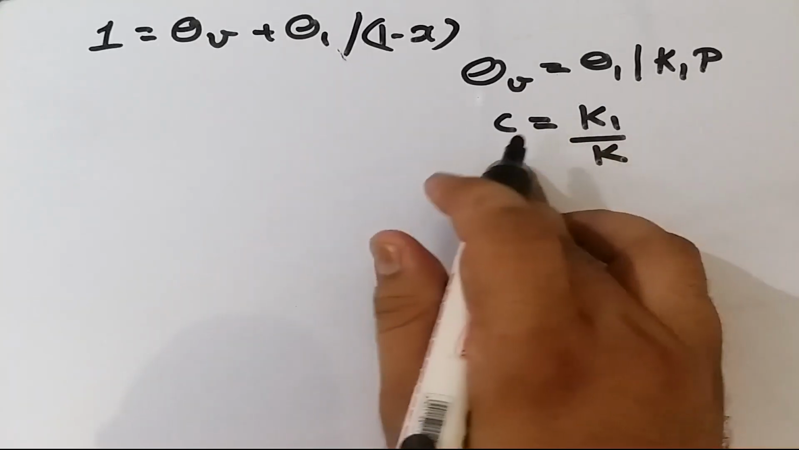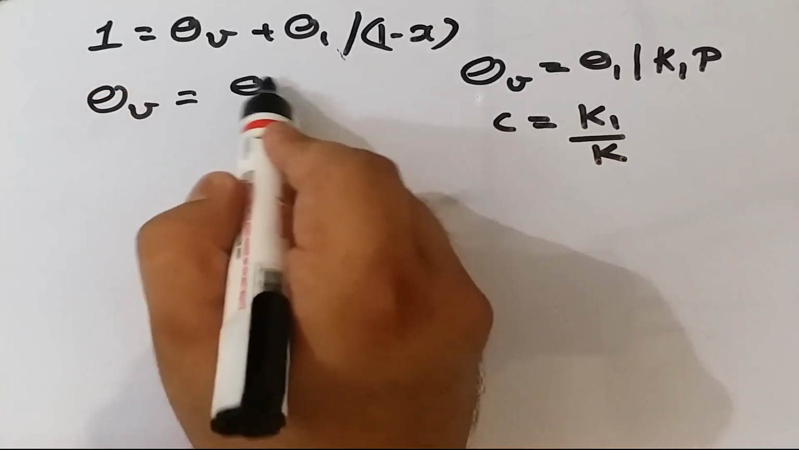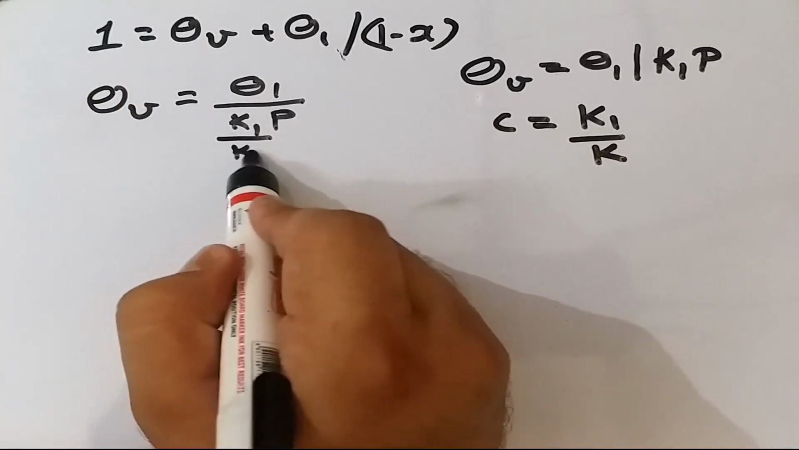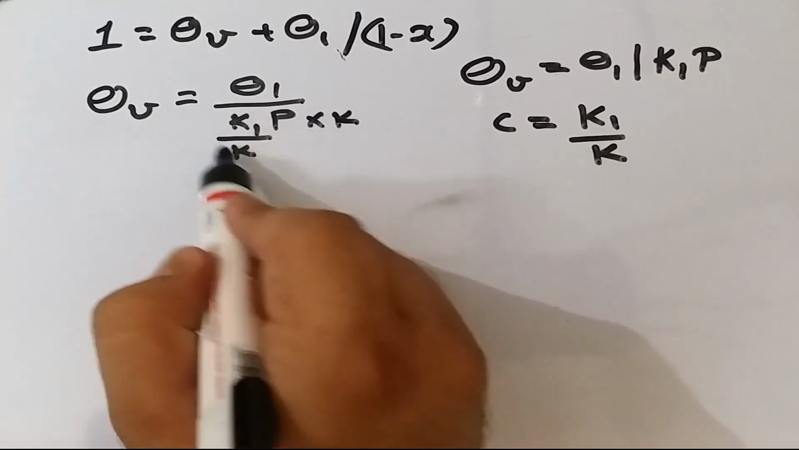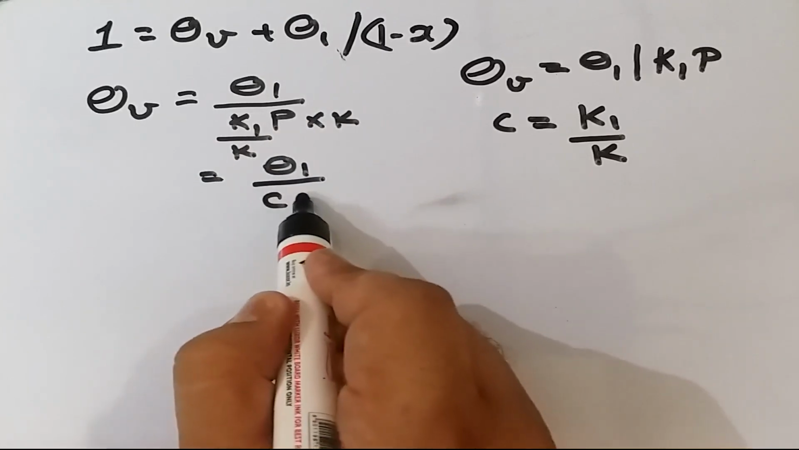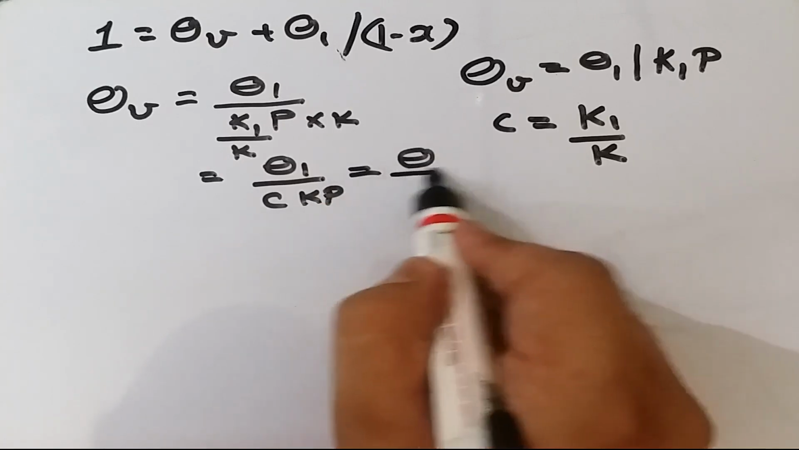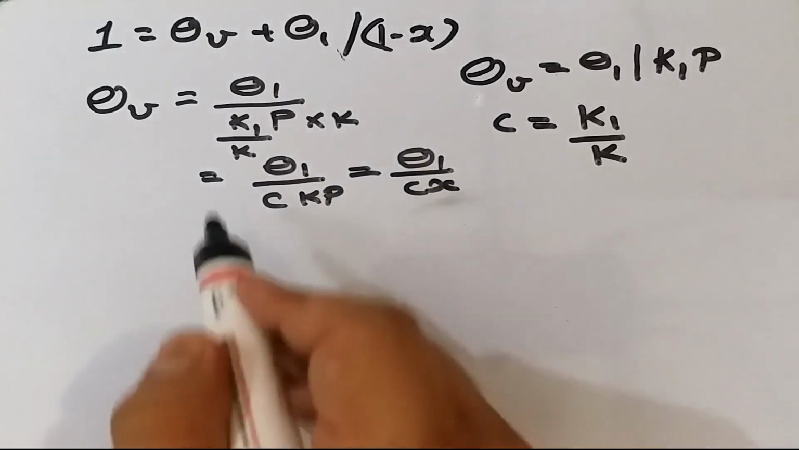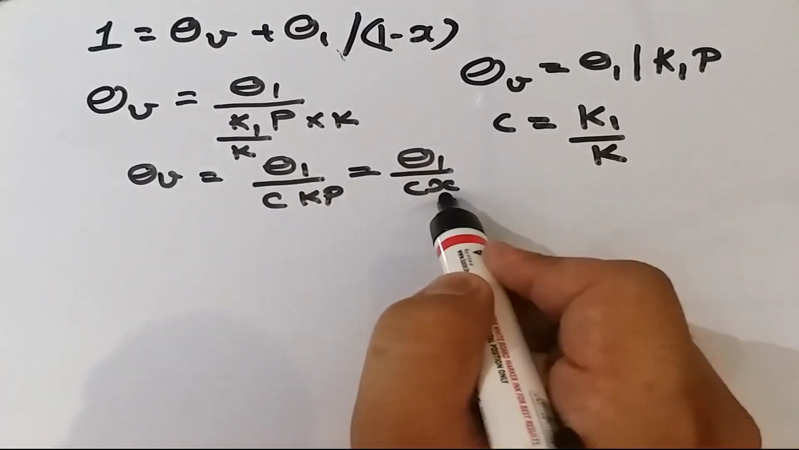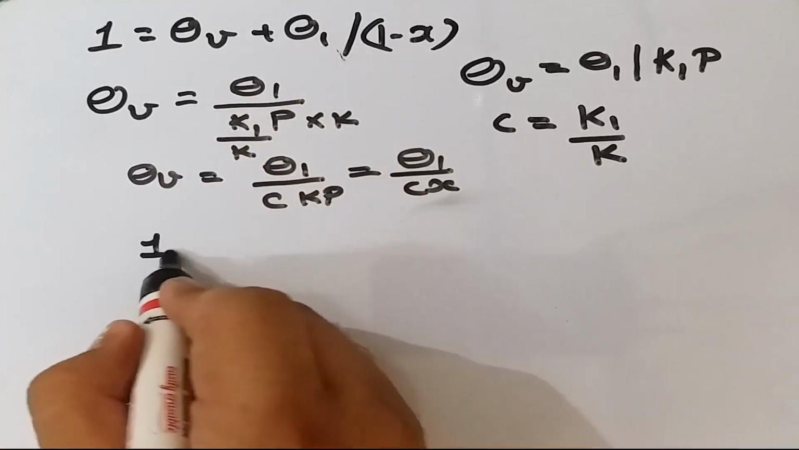So we will have theta v is equal to theta 1 upon k1 into p upon k, and then into k. So this will be c, and hence I can write theta 1 upon c into k into p, and k into p we know is x. So I can write theta 1 upon cx. So theta v I got equal to theta 1 upon cx. We can substitute the value of theta v in this expression, and hence we will have 1 is equal to